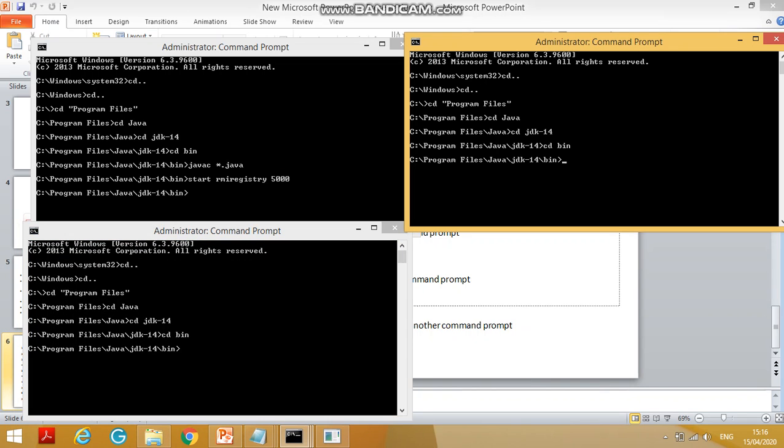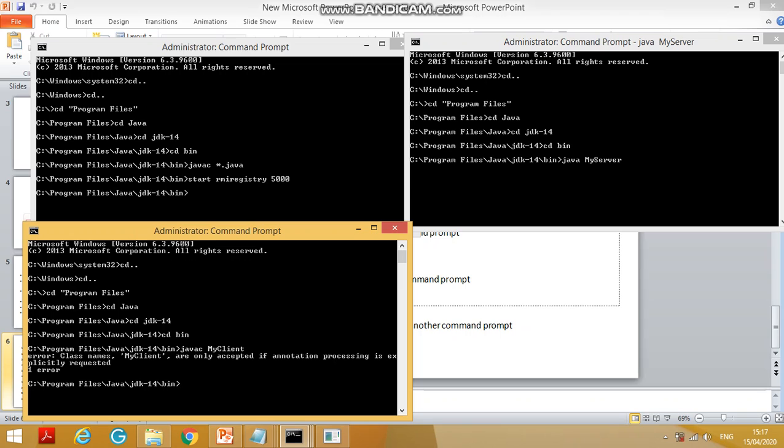Start with java MyServer, and second start with java MyClient. Only if there is some problem will it show an error.